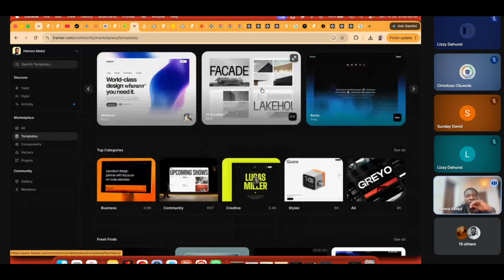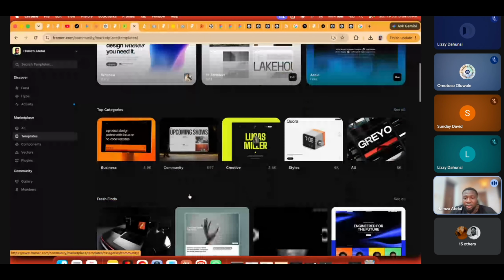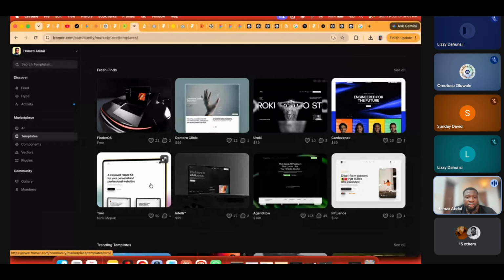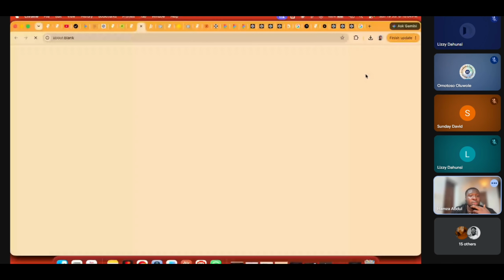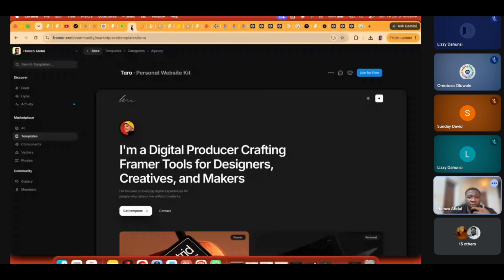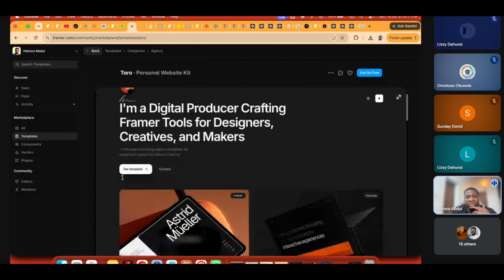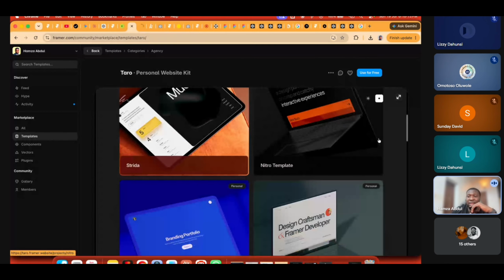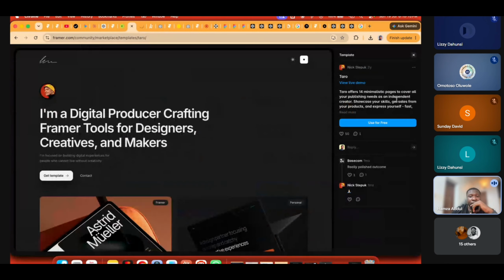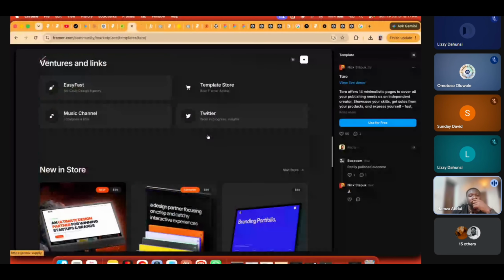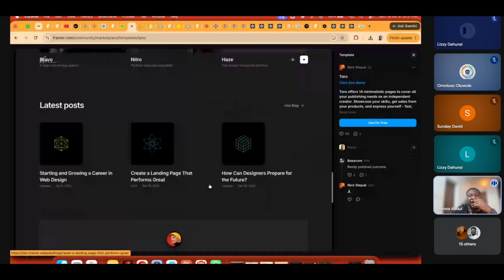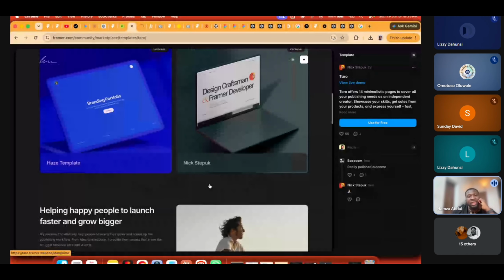You look at this free. Okay, let's look for a free template now, for example. Let's click on this one. So, this template is free now. One of the things that you can do is to come and look at it. Look at how they structure everything, and then you now rebuild it. That's one way that you can learn.